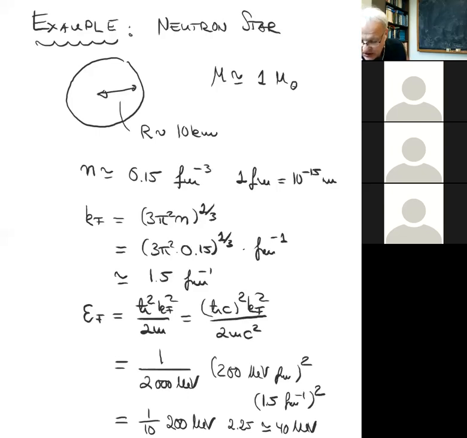There's various things you can try to compare that with. So you saw that the rest mass energy of a nucleon is about 1,000 MeV. So 40 MeV is about 5% of that. So you see that the neutrons in a neutron star are moderately relativistic. They have an energy that's a sizable fraction, but not yet 50%. So 50% would be very relativistic, or 90% would be super relativistic. So the neutrons in a neutron star are kind of moderately relativistic particles. And you can then go ahead and compute, for example, what the energy density is and what the pressure is and so on.